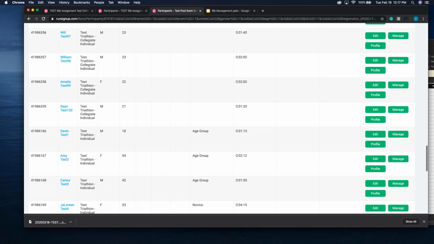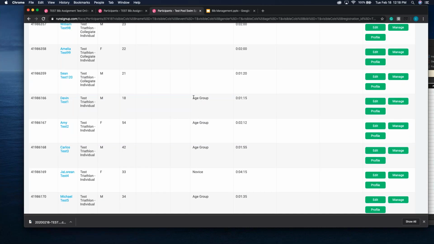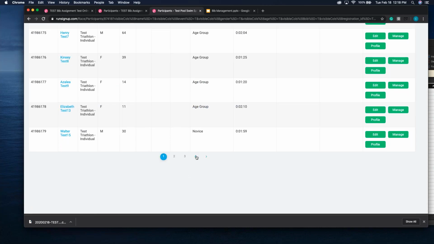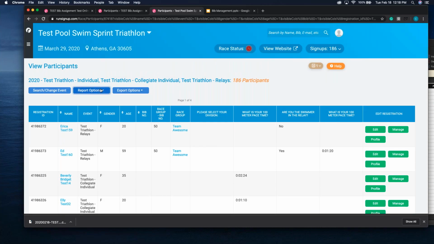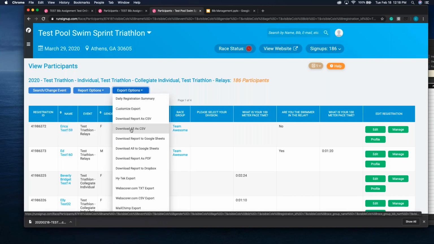And then if they're not in the collegiate division, see how these are collegiates. If they're in the individual division, they have to choose their category, age group, novice, and Clydesdale and Athena. So if we go in, and this is going to be a fairly large report when we export it, we download the report, download all as CSV,